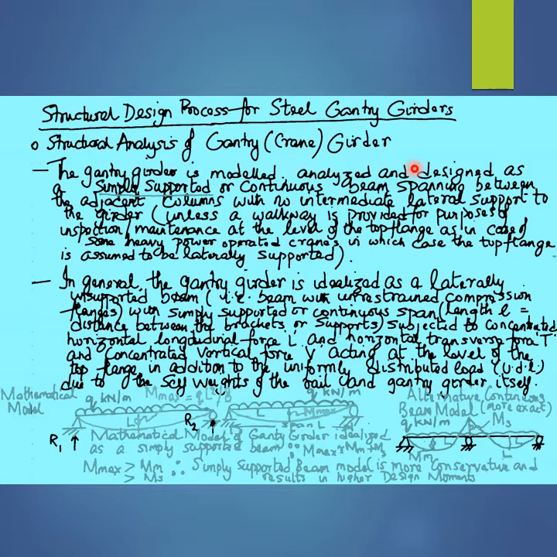Therefore, proceeding to the third step in the structural design process for steel gantry girders or steel crane girders, that is based on the mathematical modeling or structural modeling of the steel gantry or the steel crane girder for the purposes of structural analysis of the gantry or the crane girder